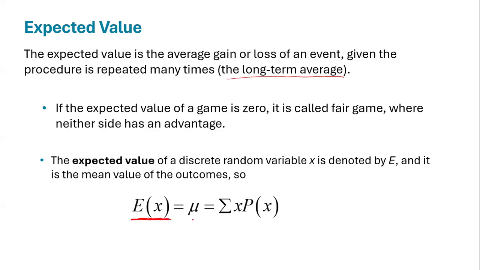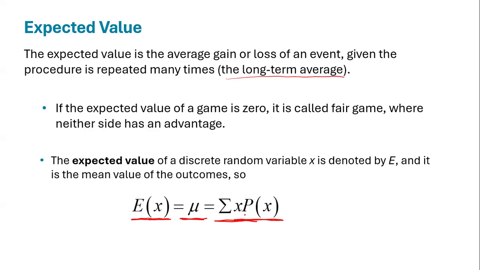So the expected value is exactly the same as the mean, and you know how to find the mean of any probability distribution. To find the mean, you need to multiply each x by the probability and then add them together. That's it. It's not a new formula. Whatever we did for finding the mean, we do the same to find the expected value. But the important thing is that when we talk about the expected value, it's talking about the average loss or gain in a game,